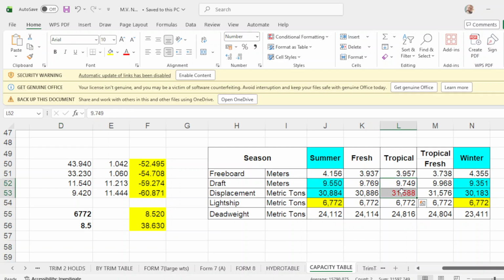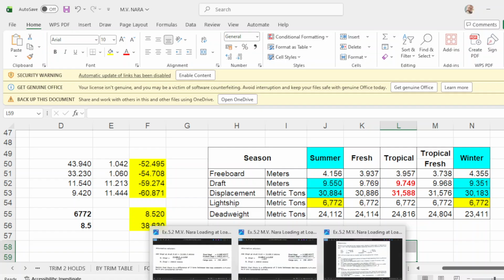The tropical draft is 9.749, and the displacement is 31588. Okay, that is the tropical draft in salt water. Continue. Let's take one.